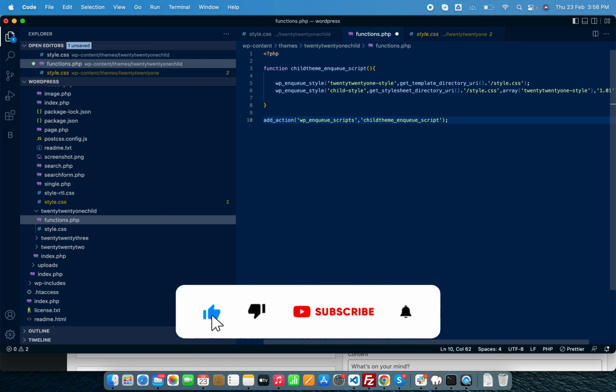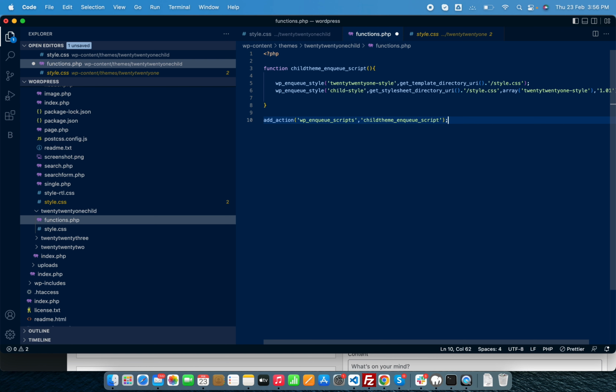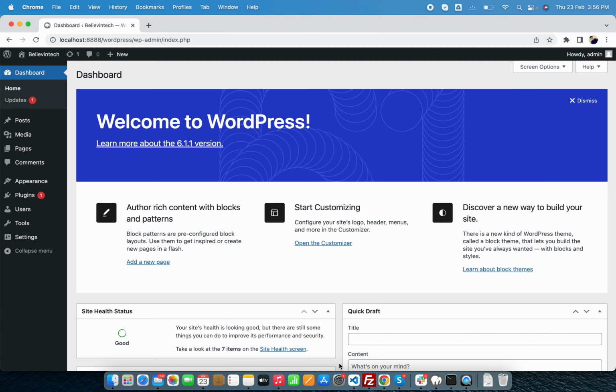So for creating a child theme, you need to add two important files: one is the functions.php file, and the second is the style.css file. If you want to change or modify a parent theme, then you need to add that function inside the functions.php file. So now I'm going to my WordPress panel.